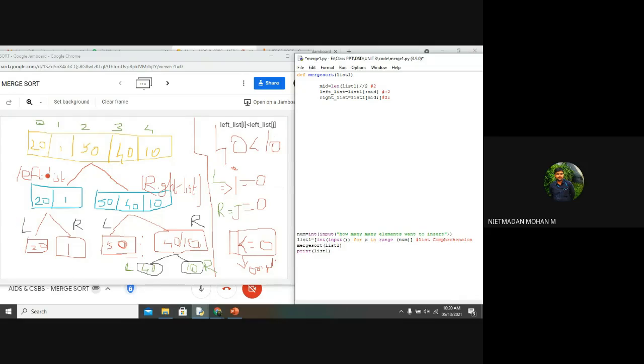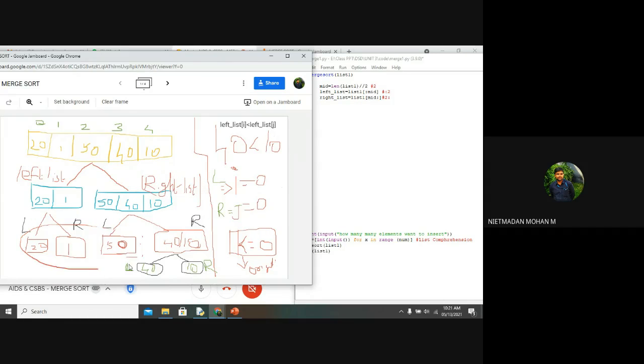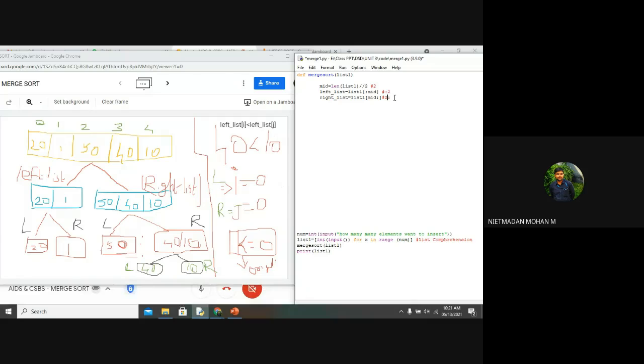Here, this 3-element part has been split down to single parts, and here there are 2 elements, so these 2 elements are split into a left list and a right list. Same process has been repeating, right?